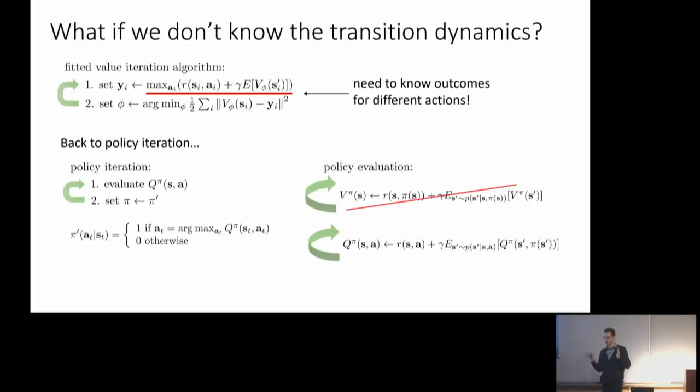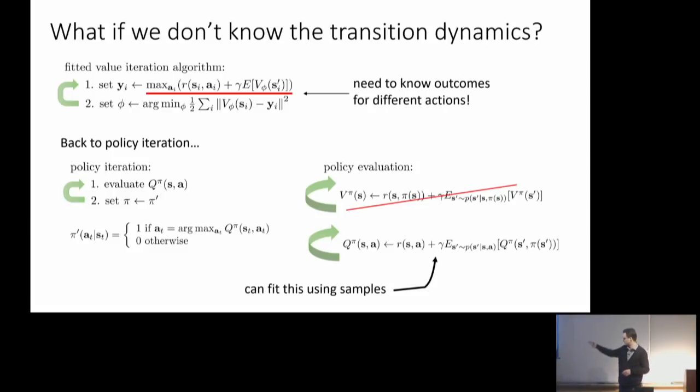If you represent q explicitly, either with a table like we did in the dynamic programming case, or with a function approximator like a neural net, then doing this argmax does not require trying different actions multiple times. It just requires running different actions through your q function, which is easy to do because in dynamic programming it's just a big table, and if you're doing the fitted version, then it's a neural network. So it doesn't require interacting with the environment, it just requires interacting with your q function, which is stored somewhere in memory. So now you can do the argmax.